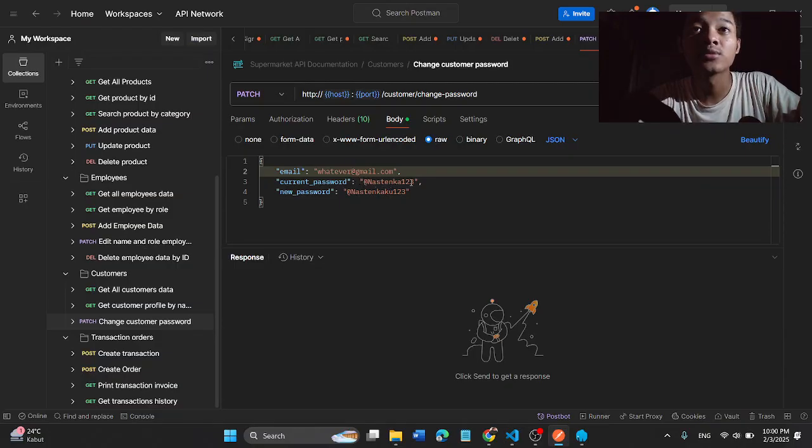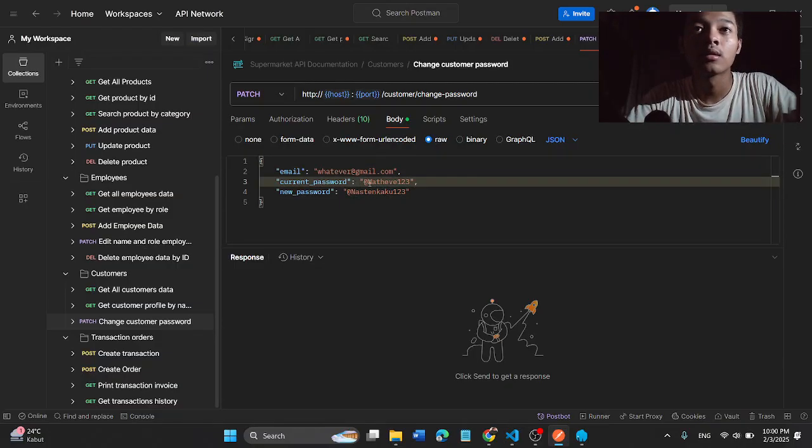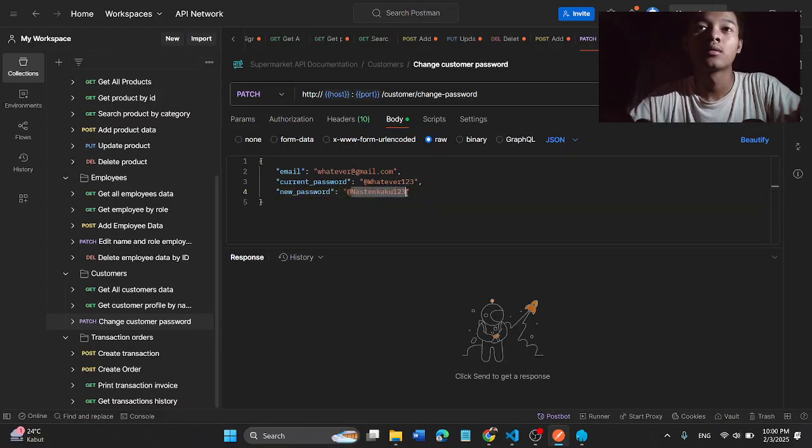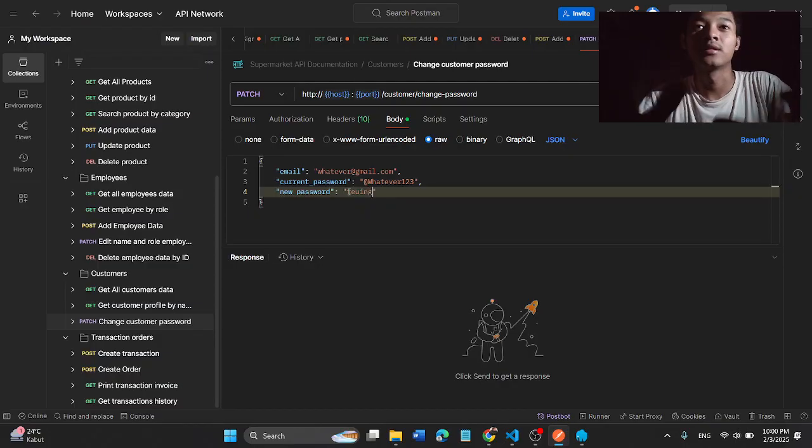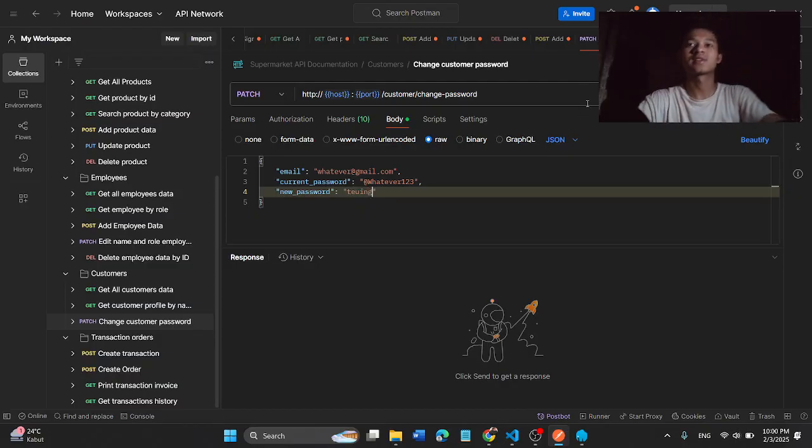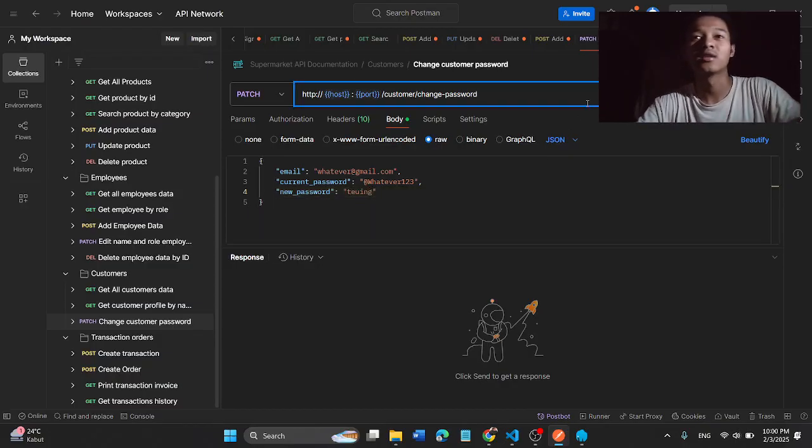The current password is @whatever123, and the new password I will input. Okay, let's send the request to this endpoint.